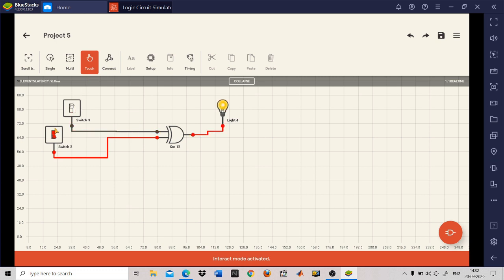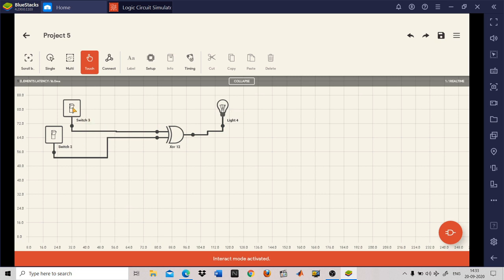So what is there in the truth table? The truth table of the XOR gate says that if both the inputs are similar, means what? If you are providing 0 here and 0 here, meaning 0 0, then you will get 0. If 1 1 are there, then you will get 0, because both the inputs are equal.